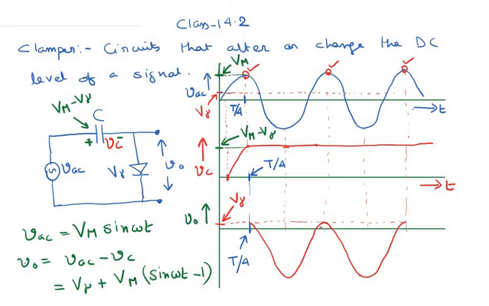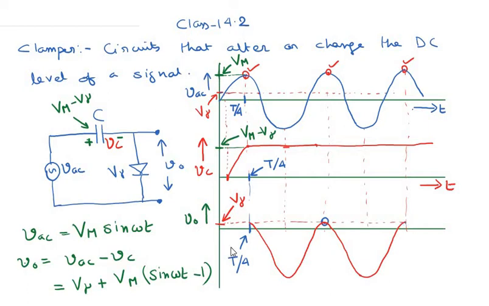And just as I stated, these are the only points, this point and then this point, where the diode is in a forward conducting state for a very small moment, or for a very small duration of time. Only when the input voltage is at its maximum value does the diode go to a conducting state for a very brief duration.